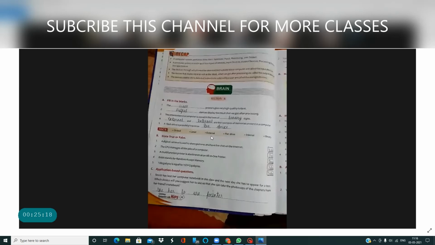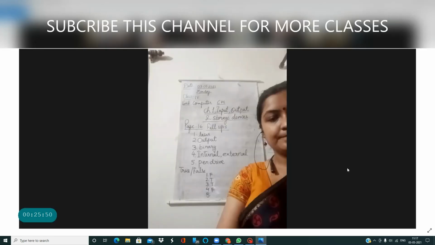Okay, now these are the exercises. In question number 1, again I am saying, there is one problem. It is written which output device. So just cut that output. You have to write input. Correct this. It is given in the question which output device is used to record the sound. Microphone is used to record the sound, but it is an input device. So just cut that output and write input.